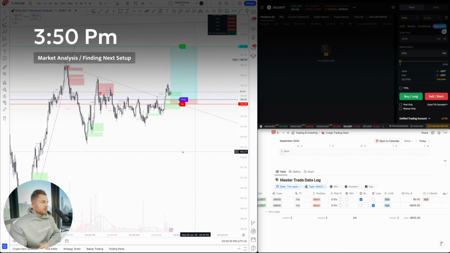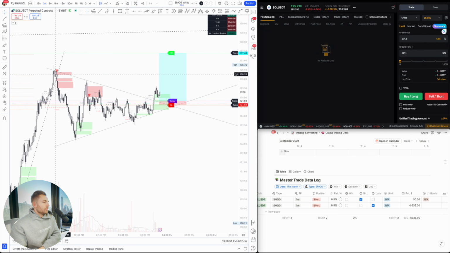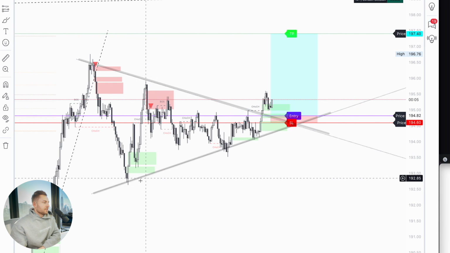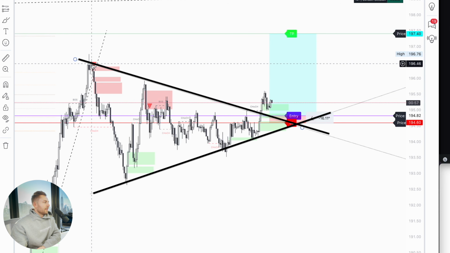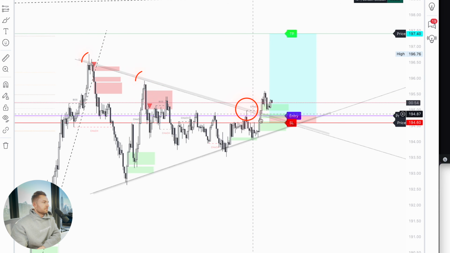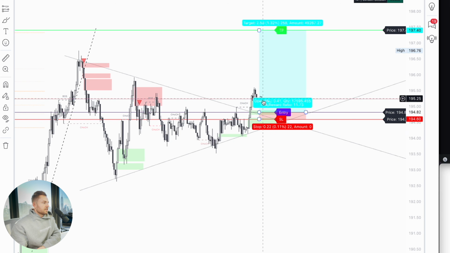All right, so we're back from the gym. I did some analysis on Solana here. We have price action coming down on this trend and up on this trend. So we just broke over this resistance level that formed throughout the day. I just drew a line along that resistance point, resistance point, resistance point. So if the price is to come down and tap the underside of this and catch any sort of support,